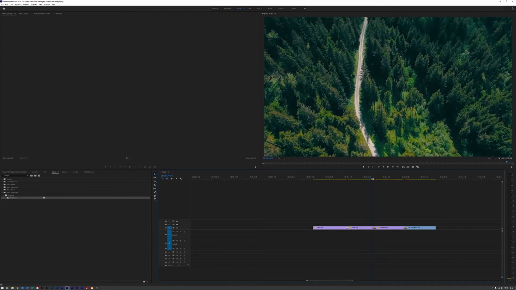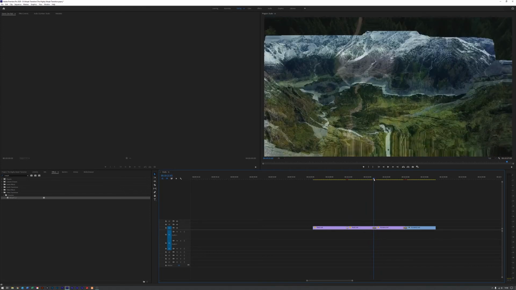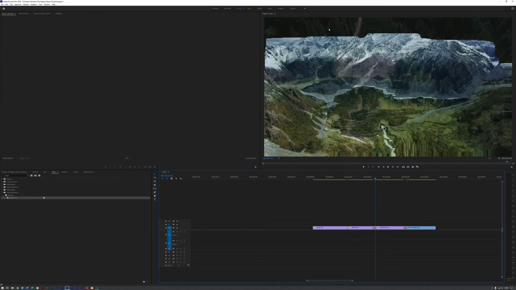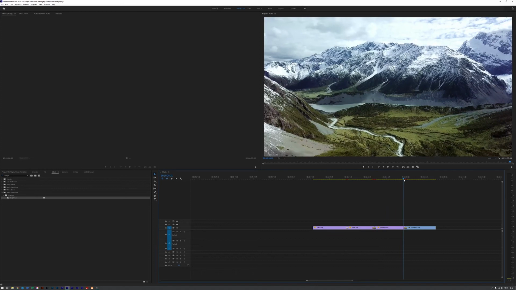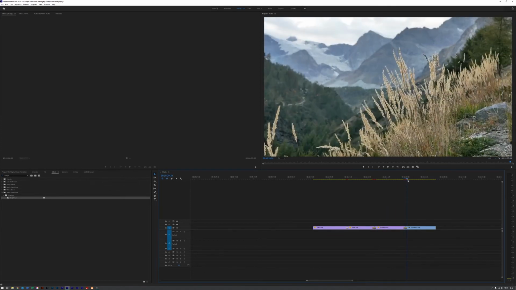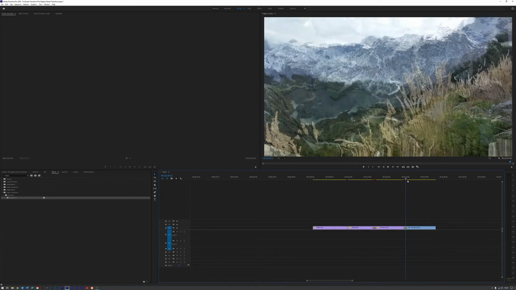Then we come across here and let's see what it does. It just morphs in the sky. There's a little bit of blackness up the top here, but you can still see the road coming through because of the difference in colours of the clips. Then off you go, and it morphs in again, this next mountain clip. And there you go, that is all there is to it.